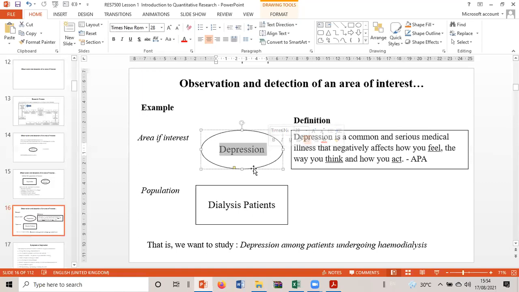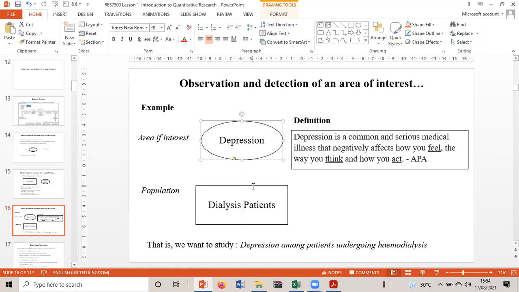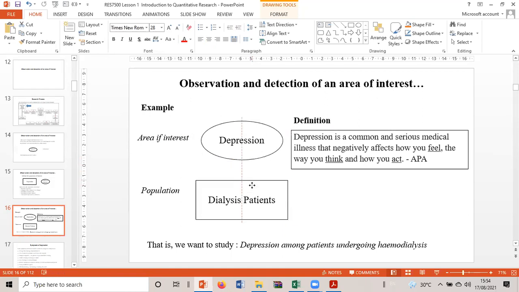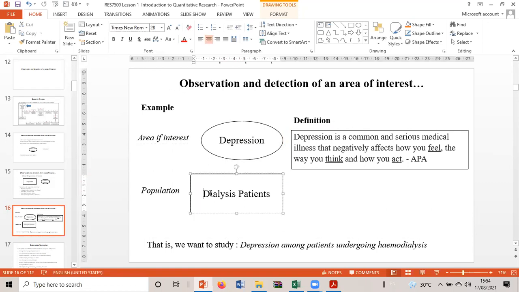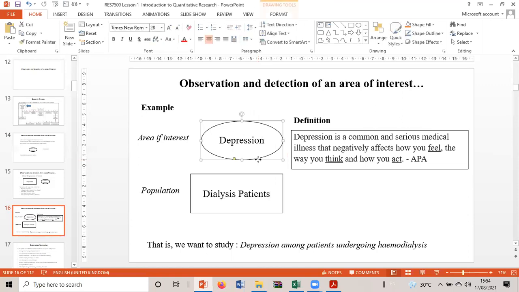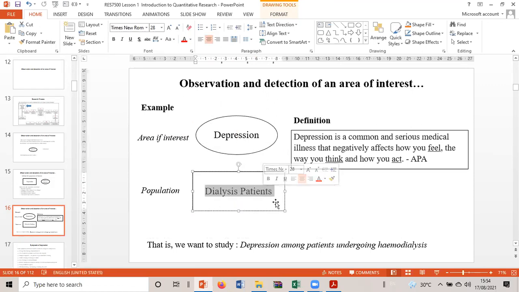Next, we talk about this particular area of interest in which group of people. There are so many population groups. I'm particularly using dialysis patients. There must be a reason why I'm linking this. It can be COVID patients, those infected with COVID.